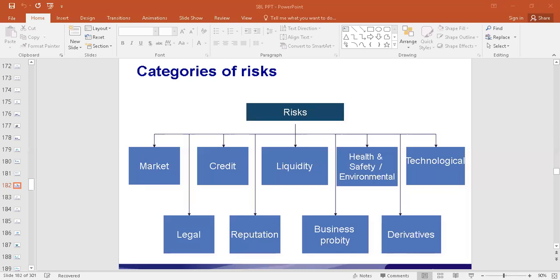In connection to market risk, why would there be a failure in the market? Maybe because their products and services are not doing well. So sometimes product risk is also referred to as market risk, because they're not performing well in the market, because the products and services fail in the market. We can refer to that as market risk, or very specifically we can talk about it separately as product risk.